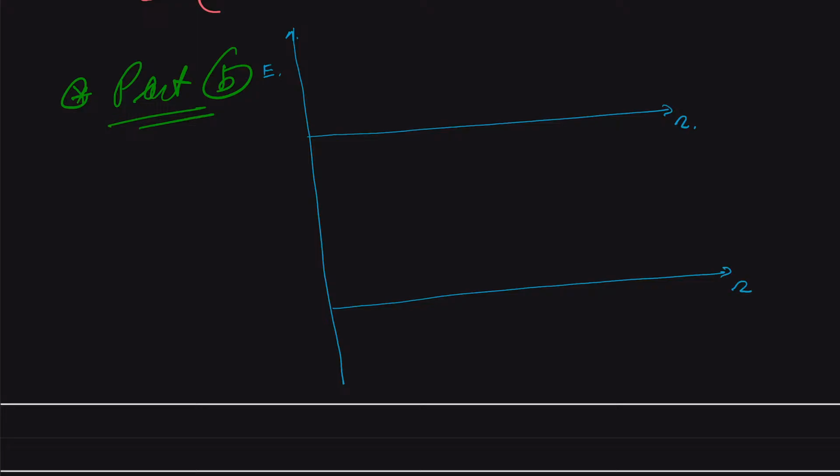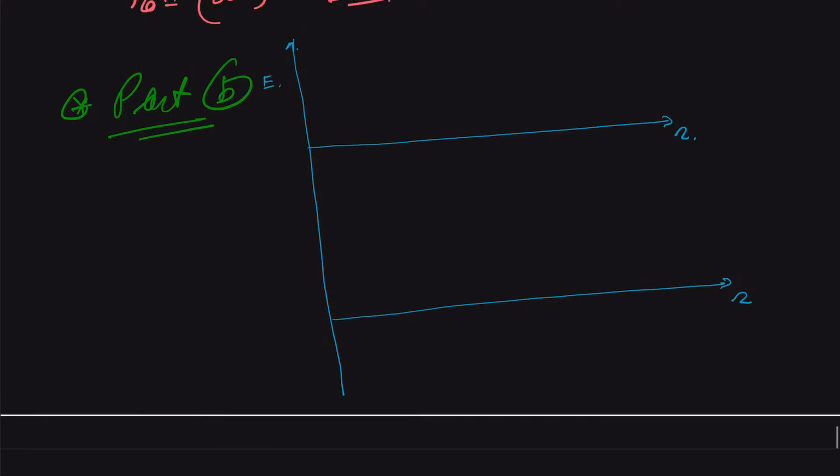Okay, so we have two curves to be plotted. Let us suppose we start with 0, so this is 1 2 3 4 5 6 and something like 7,